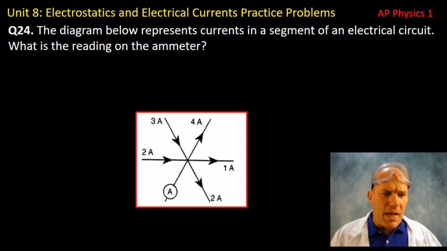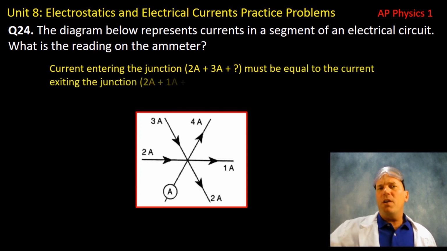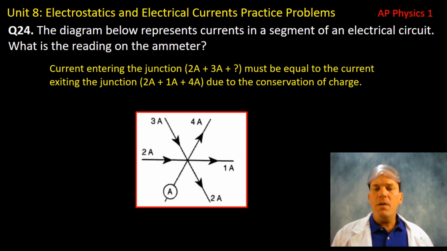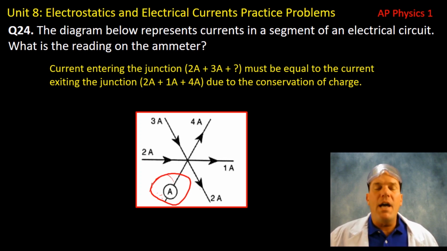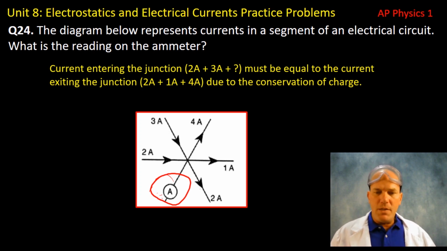So let's take a look at our circuit here. And we can see that we have 3 different currents going in. We have 3 going out. However, we have an ammeter that is placed, and this question is asking you, what is the reading on this ammeter? So all we really need to do is apply Kirchhoff's junction rule and look at this and say, well,